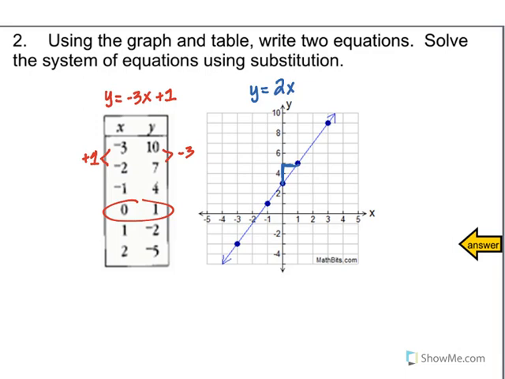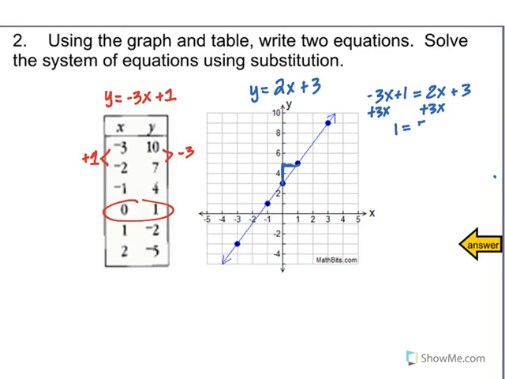My y-intercept is 3, so that would be 2x plus 3. I have my two equations here. I'm going to set them equal to each other because they're both in slope-intercept form. So what I can do is have negative 3x plus 1 be equal to 2x plus 3, and I can solve. So plus 3x,